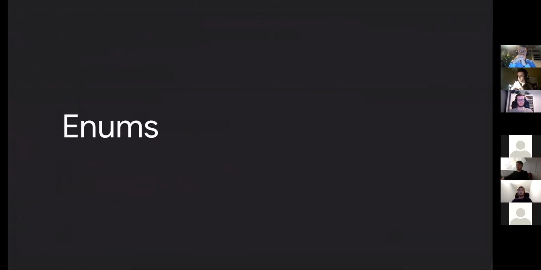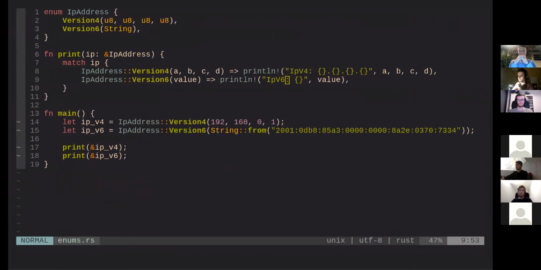Next are enums. Enums in Rust are very powerful. In most languages, enums are just a choice. So, for example, a difficulty: easy, hard. But Rust enums can also contain data. So right here we have an enum, which is an IP address. As you might know, IP addresses have 2 different versions. There's IPv4 and IPv6. An IPv4 address is made up of 4 bytes, while an IPv6 address is best represented as a string in this case, to keep it simple.